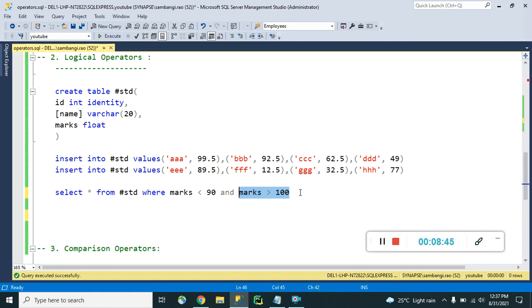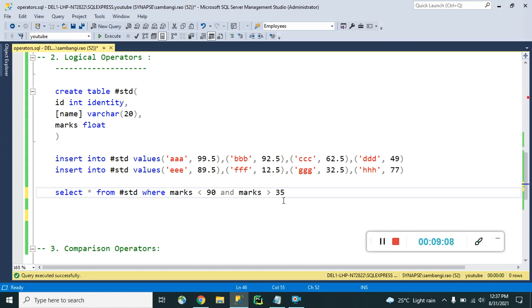We cannot retrieve any data here. But when I write it like this, there is a meaning to this query, because that many people are having more than 35 and below 90 marks. Those people all come under this type of query.